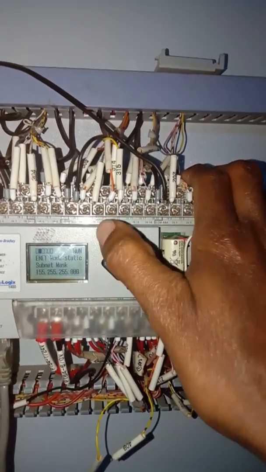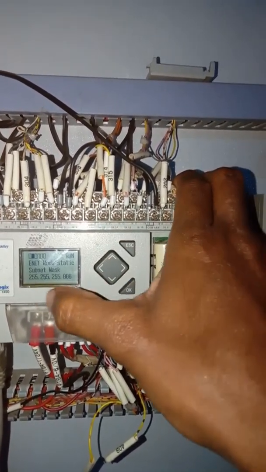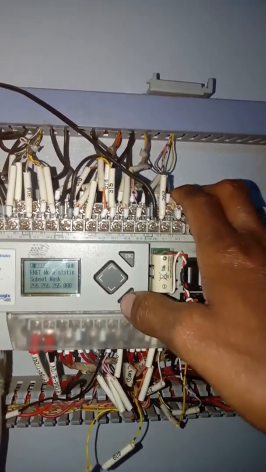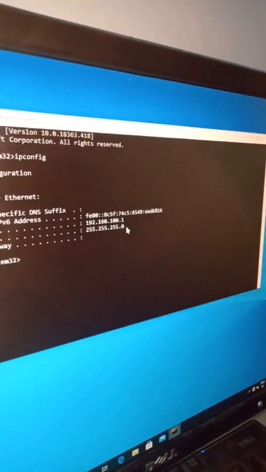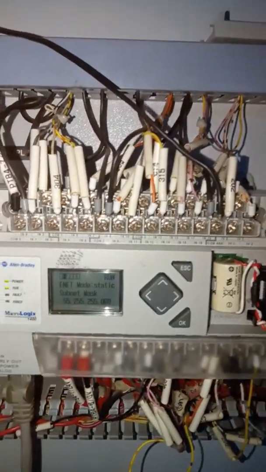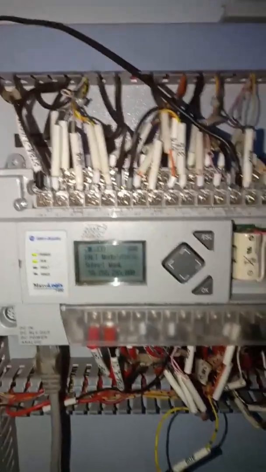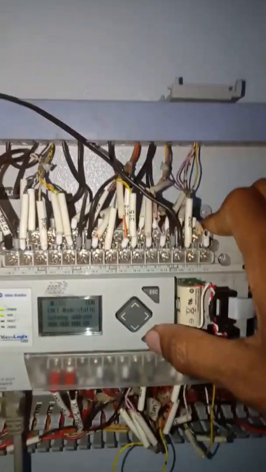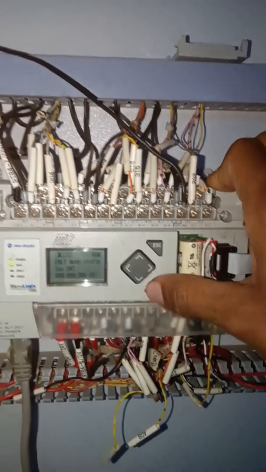Click OK. Apart from that, I don't have to set the gateway address and so on because I'm not doing IoT right now. So click OK, no problem.